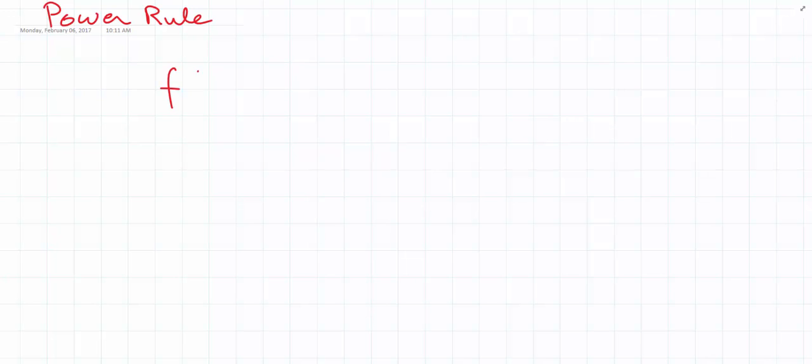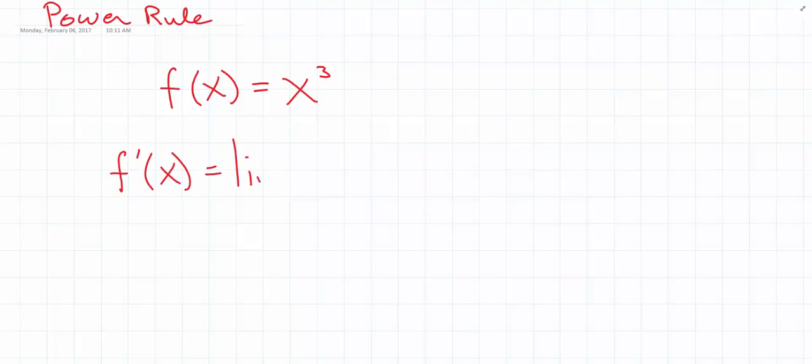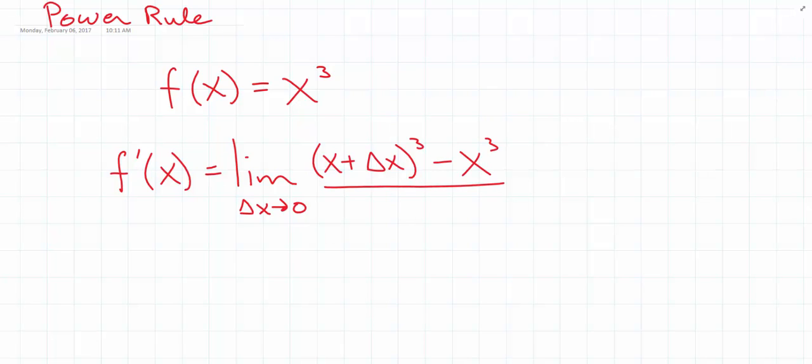So, in other words, if we have a function like x cubed, and we want to take the derivative of x cubed, well, remember, the derivative is just going to be like this. You're going to have the limit. This is always where we go back. We always go back to the definition. Everything is built on the definition. So I want to go back and say, if I've got a power function like this, what would the definition give me? Is there going to be some kind of formula or some way that I can generalize this? Now, if I multiply out this x plus delta x cubed,